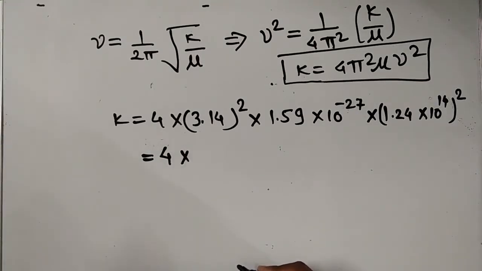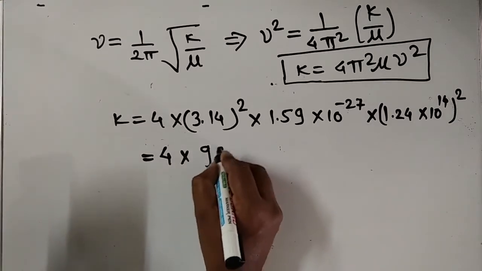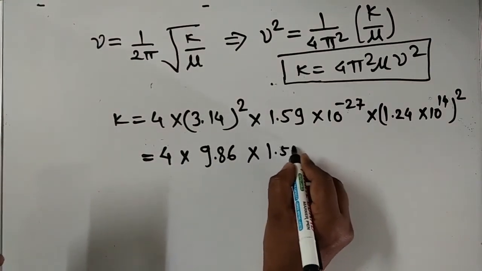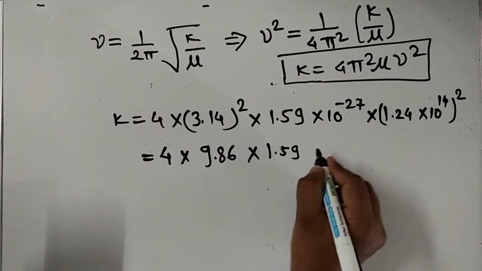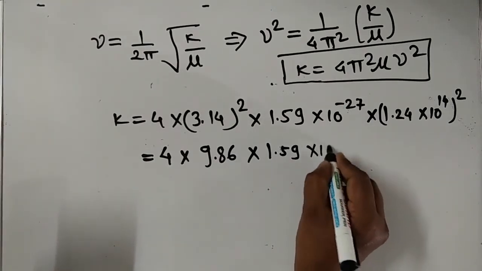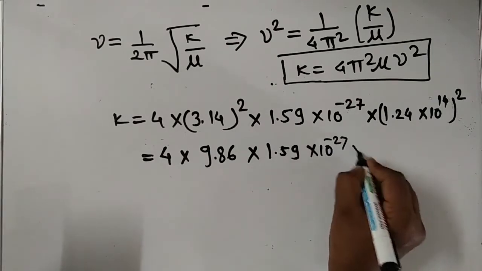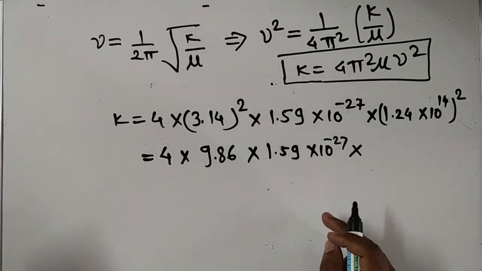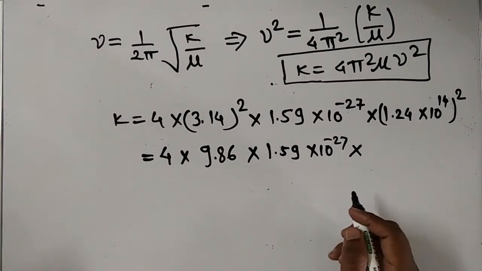So it is 3.14 into 3.14, so it is 9.86 that I know, into 1.59 into 10 raised to minus 27 as it is, into, so I have to take the square of this term, right. So square of this term, that is